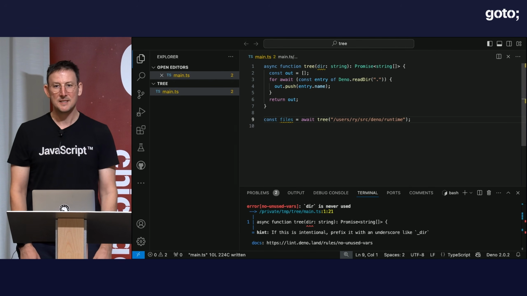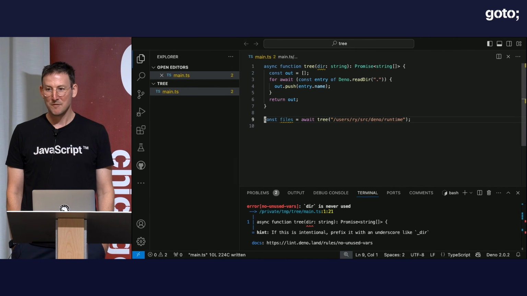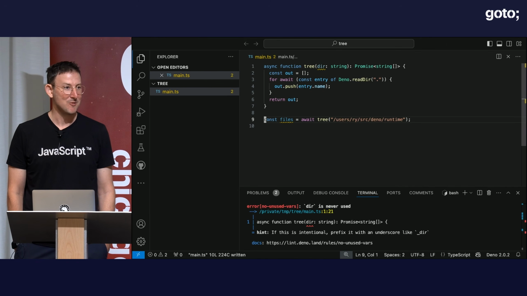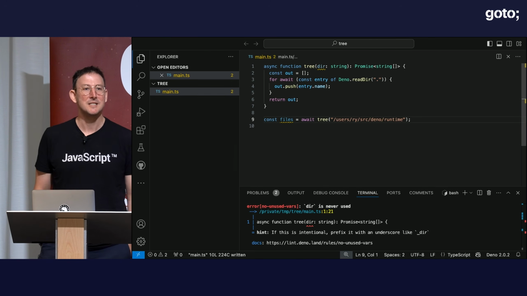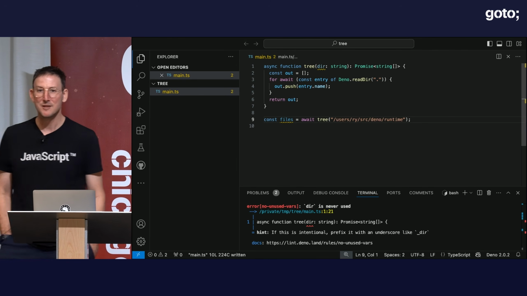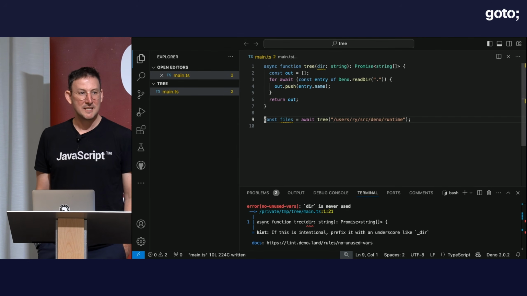And the nice thing about this is that you can give this deno.exe to any new developer who might not be familiar with Node, right? They might not know that you need to use ESLint for linting. They might not know how to configure prettier. They might not know how to configure TypeScript. The idea with Deno is that it's for